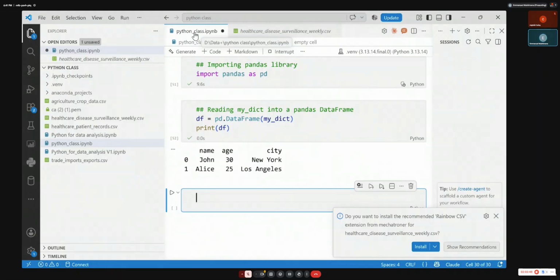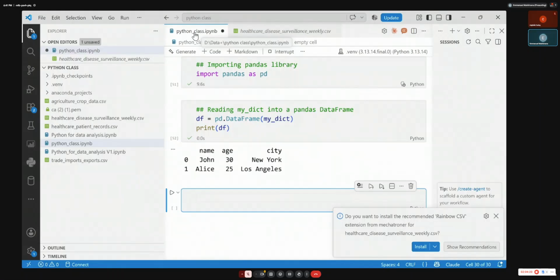If not, you won't be able to read it. But you can, but it will be complicated. So copy those data and paste that file in the same folder where your Python file is saved. It's done? Very good. So now we are going to read it here. We're going to read our CSV file, which is the trade import and export, here in Python, and we start doing some analysis.